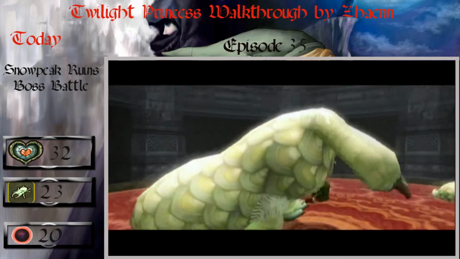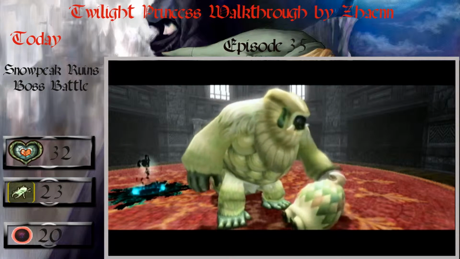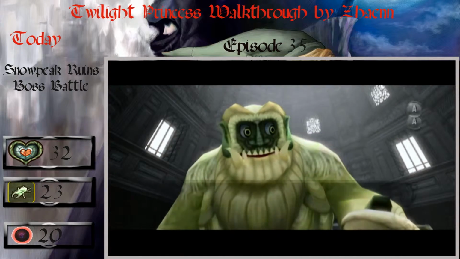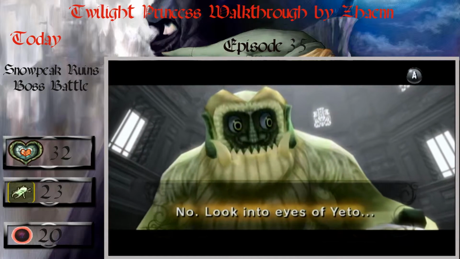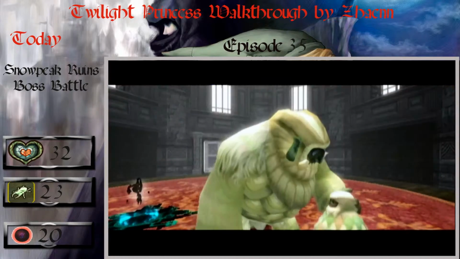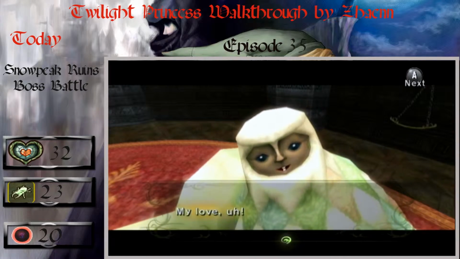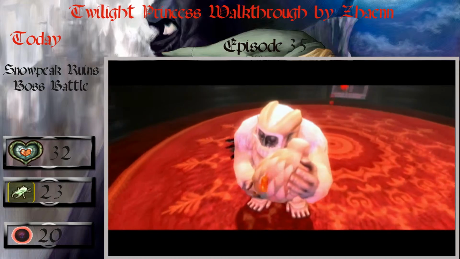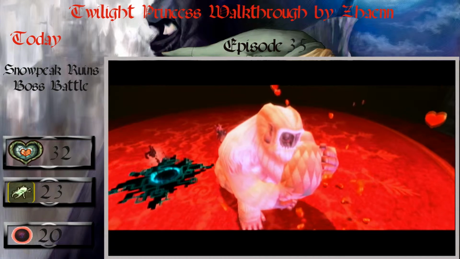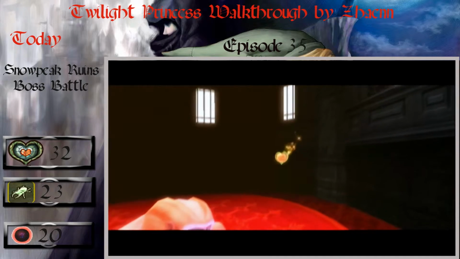But then Yeto is going to appear and kind of ram you over. He doesn't care anymore. And I really don't know how the love story between those two works, because I mean he's just so big compared to her, and yeah, I don't know. So then they're gonna have a little love session, I guess. And when this appears, a lot of recovery hearts are going to pop out. So there are some hearts over here, and lots of them. But then the last heart that's gonna pop out is the heart container, so be sure to take that